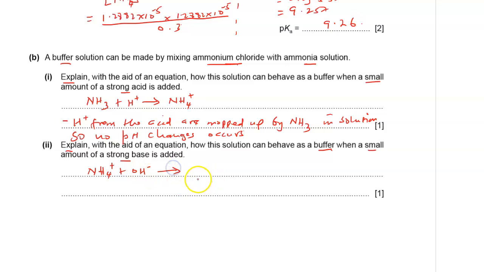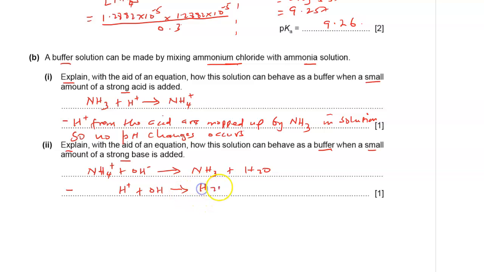When this happens, the OH ions will be picked up by the ammonium ions, and this will give us ammonia and water. And basically what is happening here is that we are having hydrogen ions from this other side combining with OH to give us